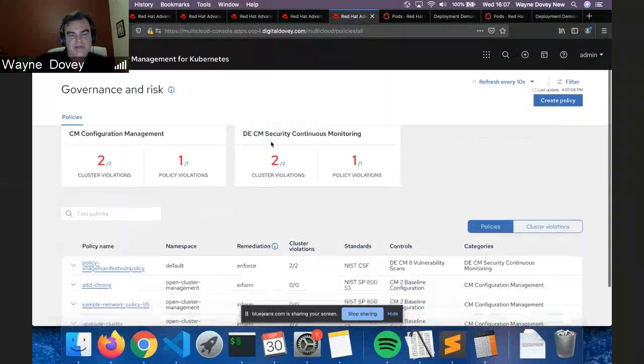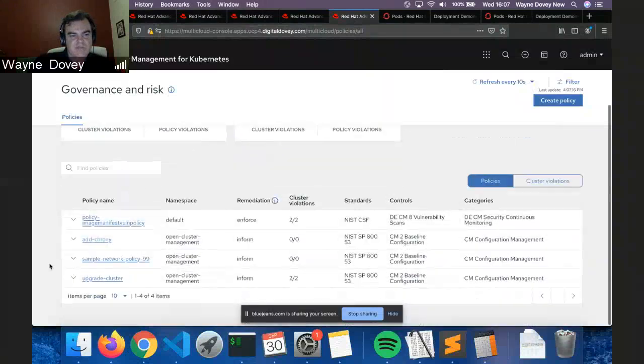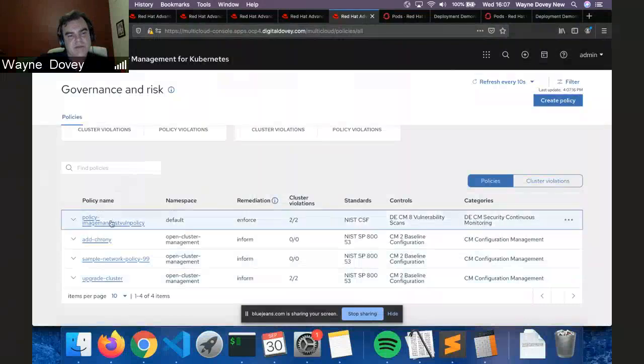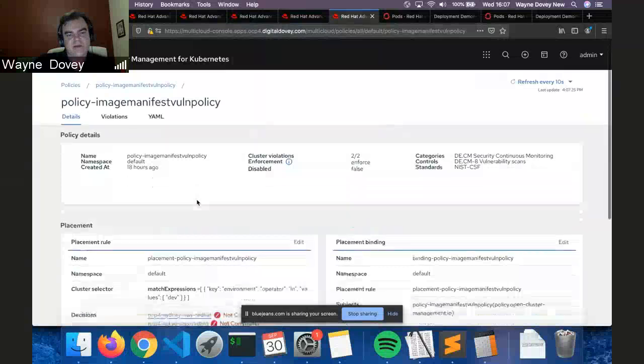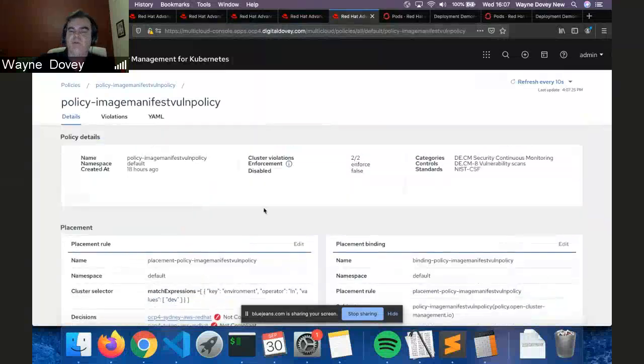So for the basic example I'm showing, there are 4 policies that I've created. The first policy I'm going to talk about is the image vulnerability piece. Effectively, the image vulnerability policy has deployed an operator onto the cluster.